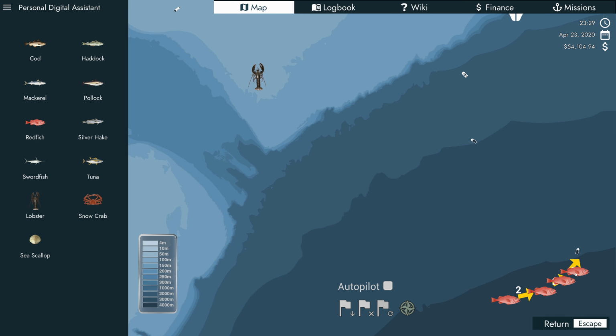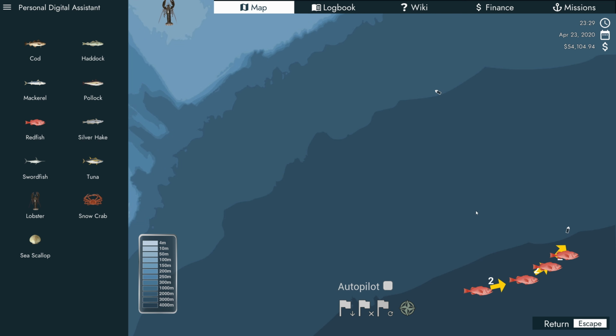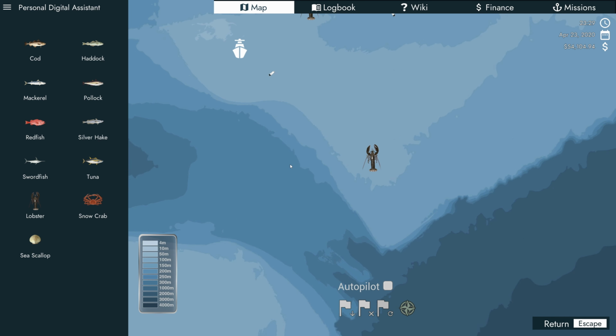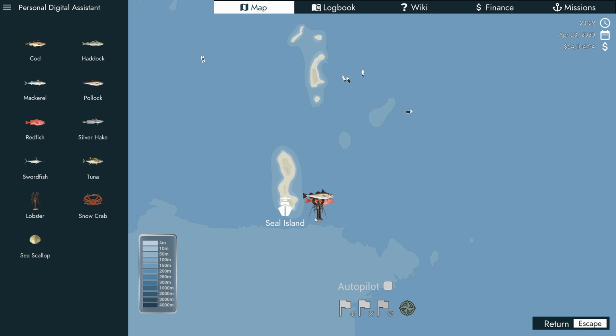Okay, so the last episode we came down here into the deep water area, but I think we've fished this a lot in the last couple episodes. So instead, what I think I'm gonna do is come over here to Seal Island. It's a little bit of a shorter trip, and we'll come around in this area and see what we can find. As far as the date, it's April 23rd, 2020, and we have